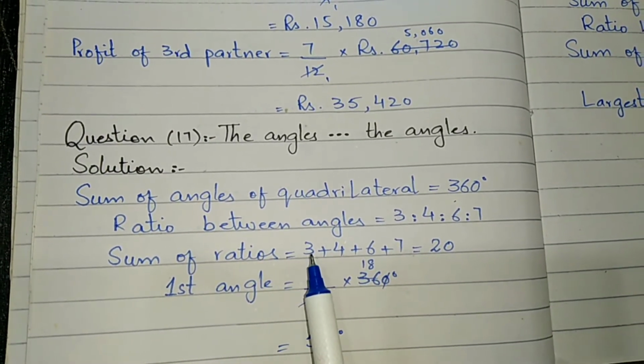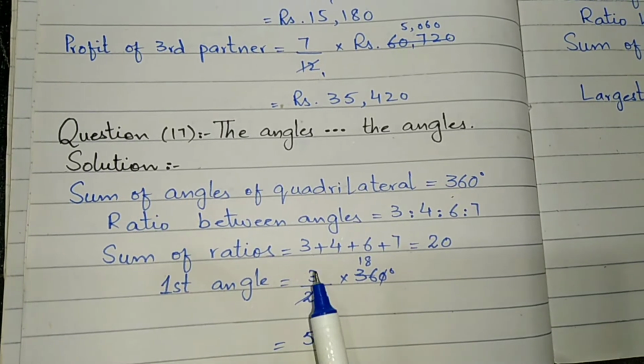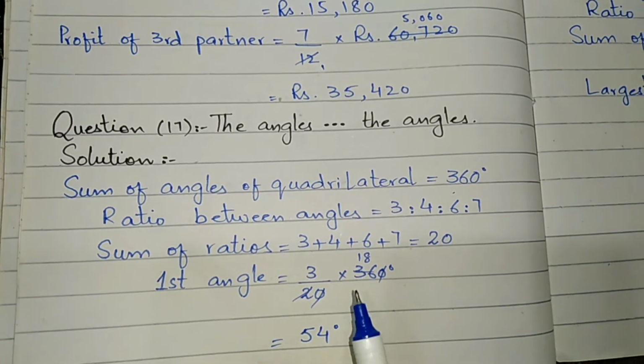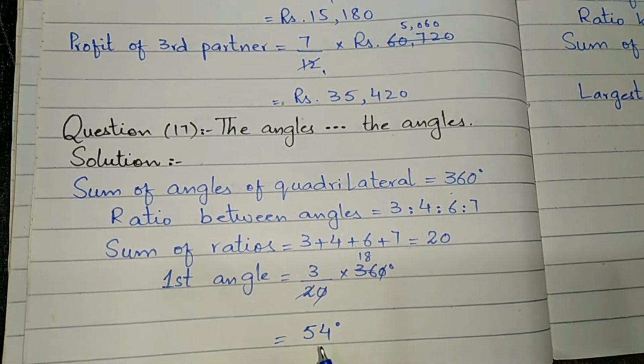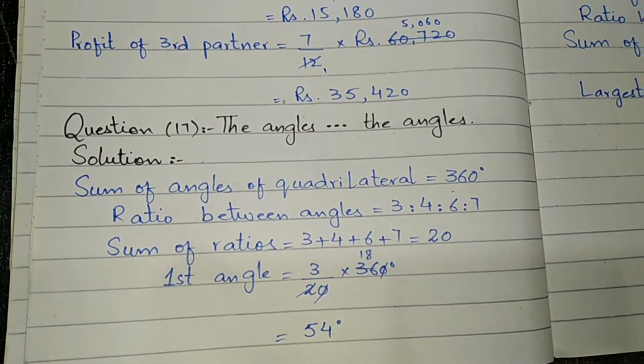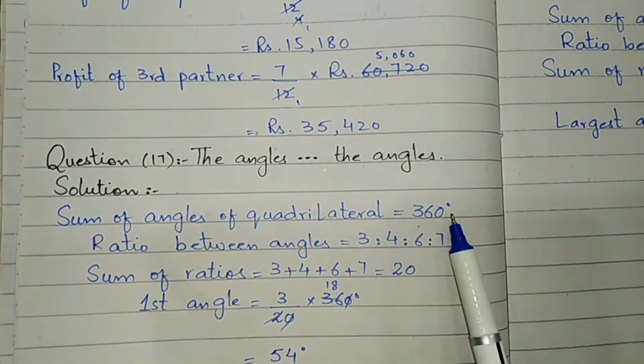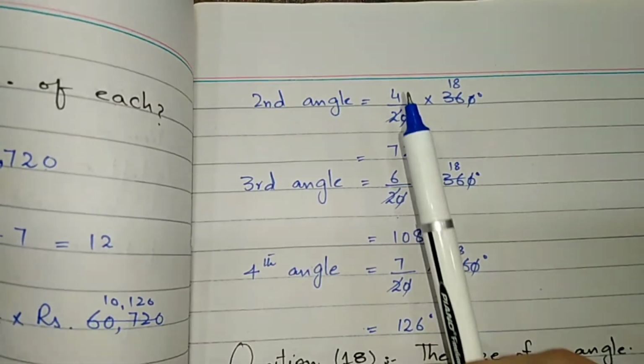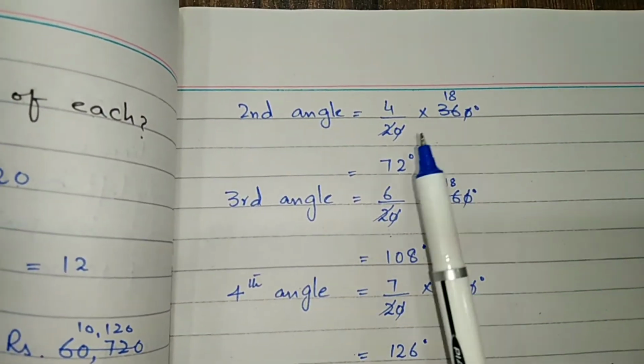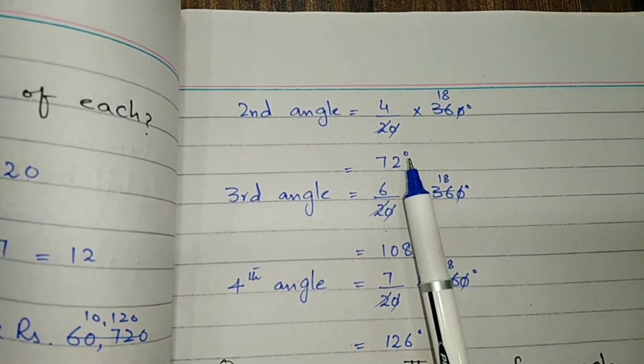Now we have to find the first angle. First ratio is 3 and the sum of the ratios is 20. So 3 divided by 20 multiplied by 360. And after the cancellation we get 54 degree is the first angle. Now the second ratio is 4. So 4 divided by 20 multiplied by 360, and after the cancellation we get 72 degree measurement is of the